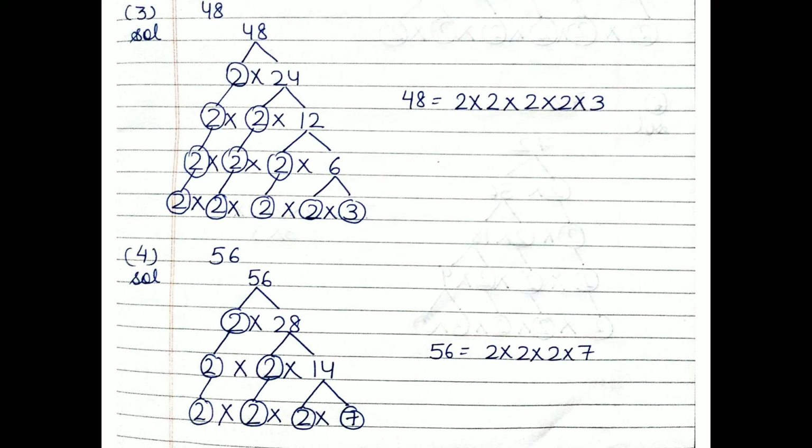Clear? Now we write down the factors of 56. Again 56 is an even number, so you divide 56 by 2. When you divide it you get 28. And now students, you take 2 as a prime number in a circle and copy down as it is. Now you make the factors of 28. 2 14s are 28. So 2 again comes in a circle and you copy down both the numbers as it is and you make the factors of 14. 2 7s are 14. Now factors will be finished because prime numbers do not have more factors. So you will stop here. So these are the factors of 56.